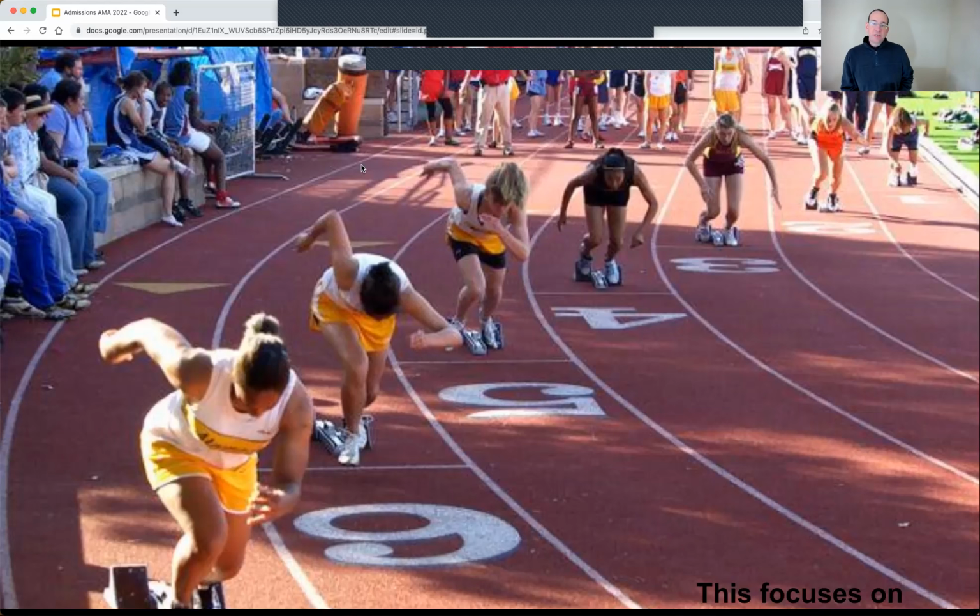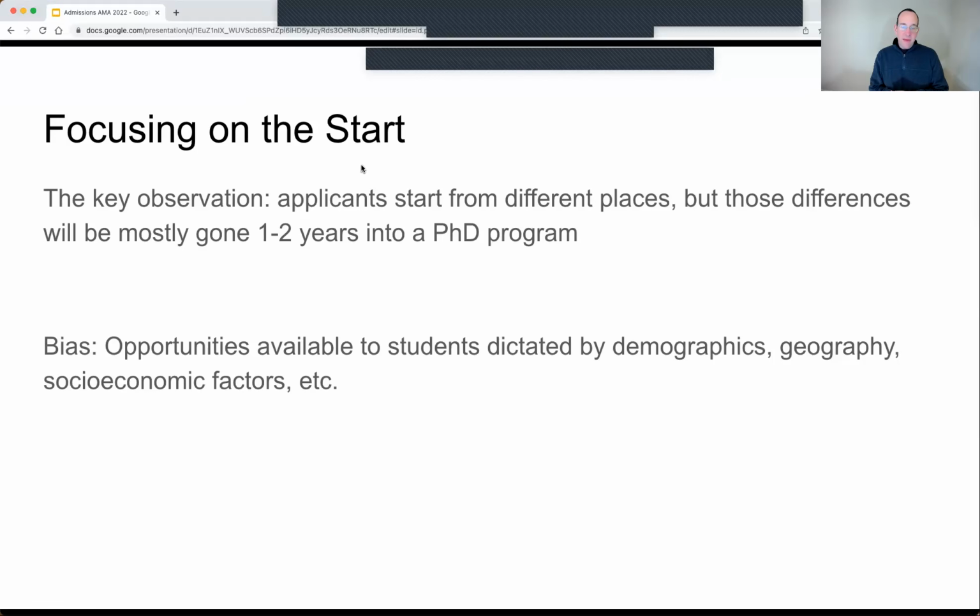So that approach treats research and your career as kind of like a sprint, right? And what we're doing by counting accomplishments is we're trying to see who's ahead right now. And the reality is that this is not a sprint. If we just look at people and what they've accomplished, applicants who come from different backgrounds, different institutions, are going to have big differences in what they have on their CV, right? Because you have different opportunities.